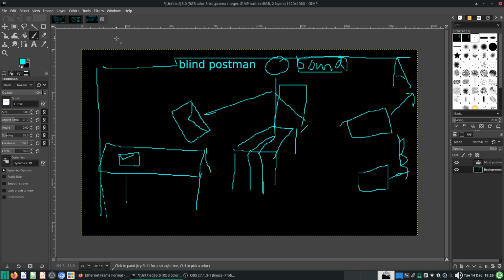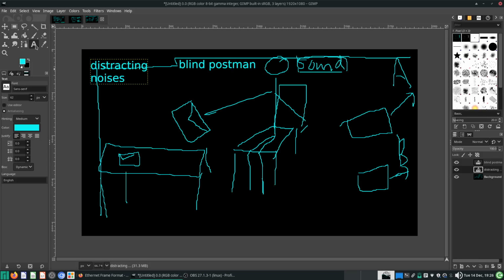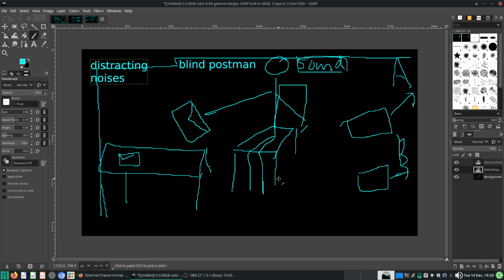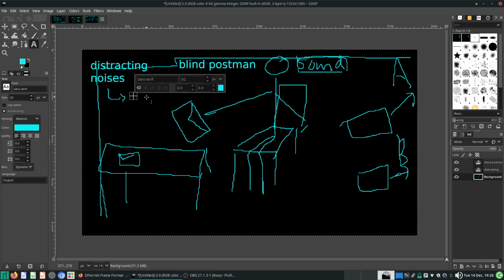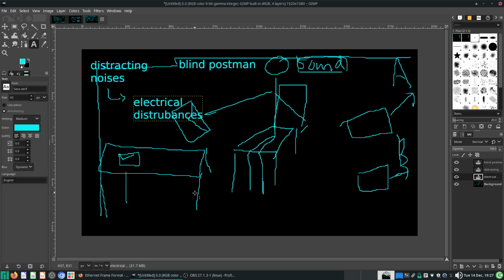And in the real world, there will be lots of other distracting noises outside the post office, and this will be analogous to electrical disturbances. So the distracting noises are a bit like electrical disturbances, but just follow with the analogy for the